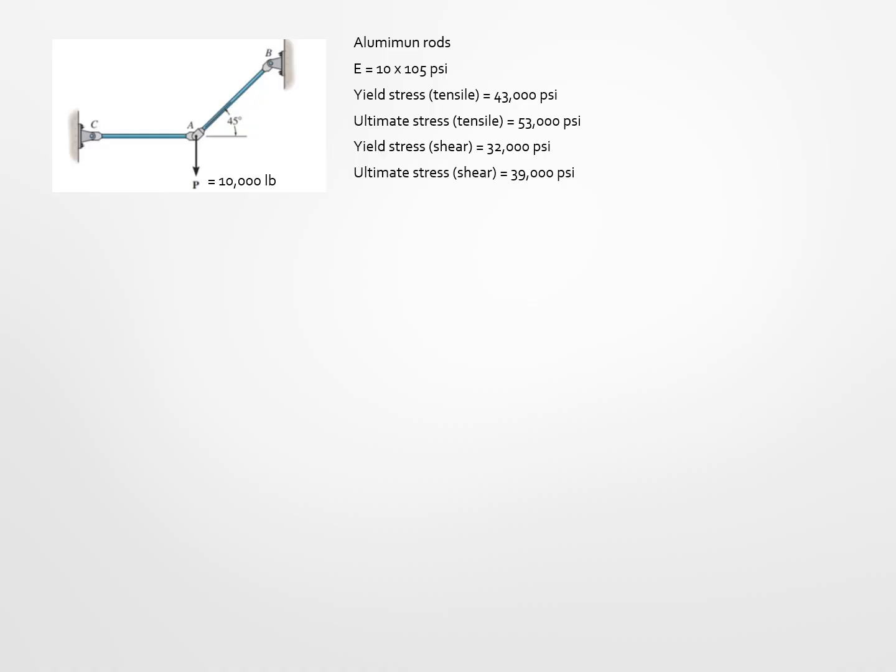Okay, so let's take a look at an example here where I have these aluminum rods, and the modulus is given as 10 times 10 to the 5th psi. We have the yield stress and ultimate stress in tension, and the yield stress and ultimate stress in shear. So the first question is asking us, what is the minimum diameter to keep this aluminum rod AC from yielding in tension? Well, in order to do that, I first need to know what is the load that is in